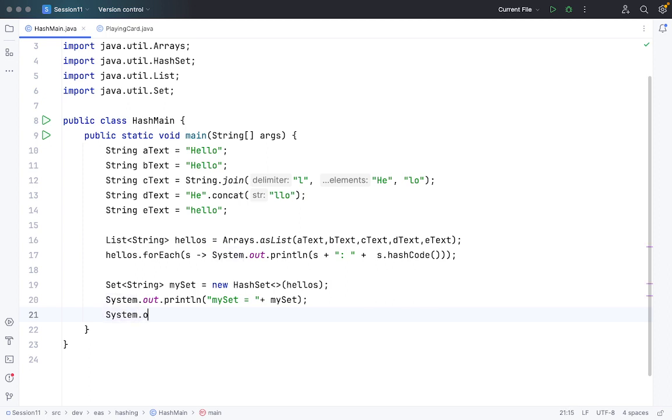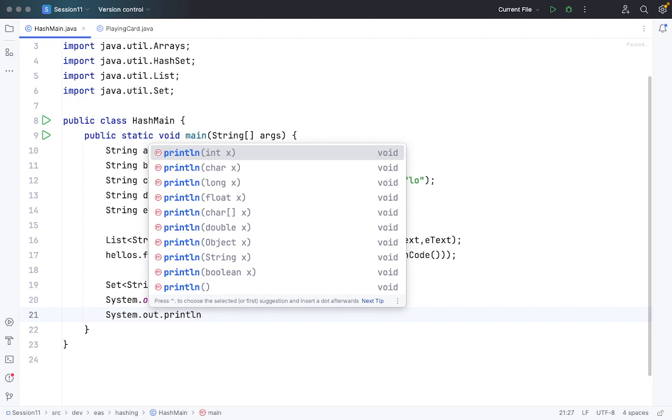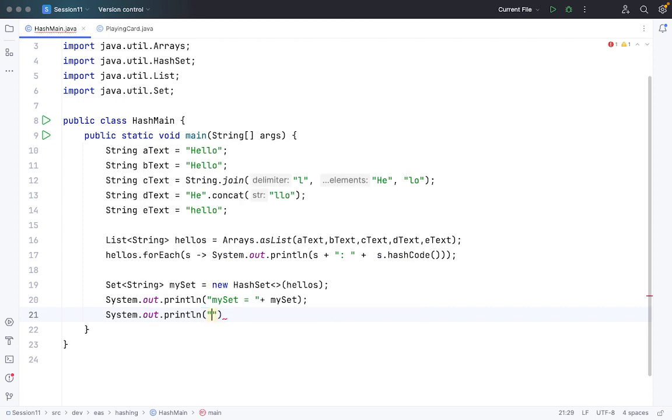So System.out.println, number of elements, mySet.size(). Okay, my bad. So if I just run this code now,